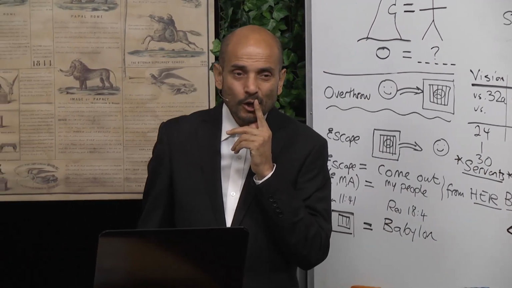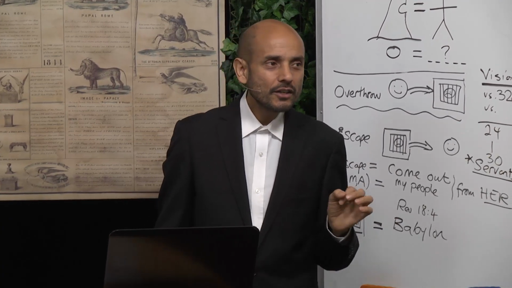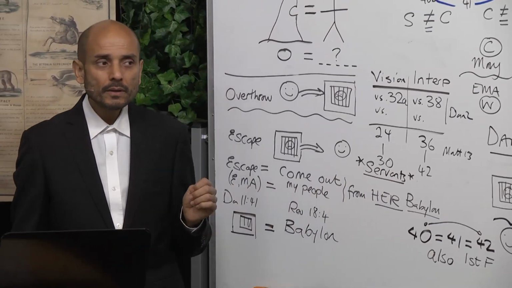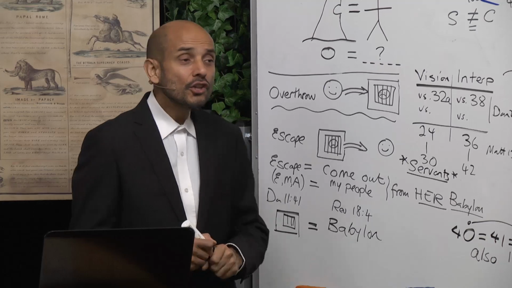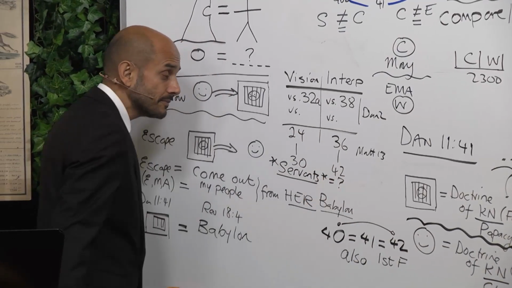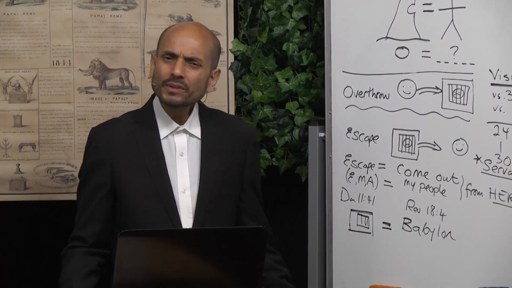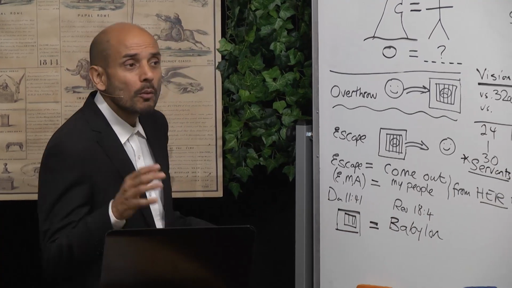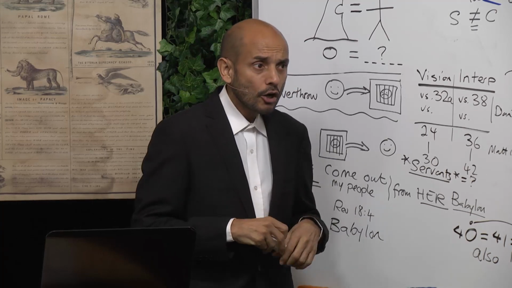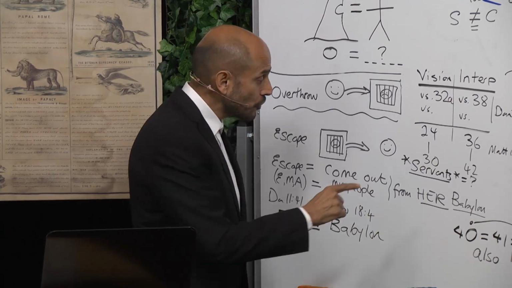The only thing that it doesn't tell you is who the most important symbol is, which is the servants. There's no mention of the servants in the interpretation of the vision or the parable. Why would that be? It's not my intention to answer that, but the reason I mention it is because if you don't lay them out,